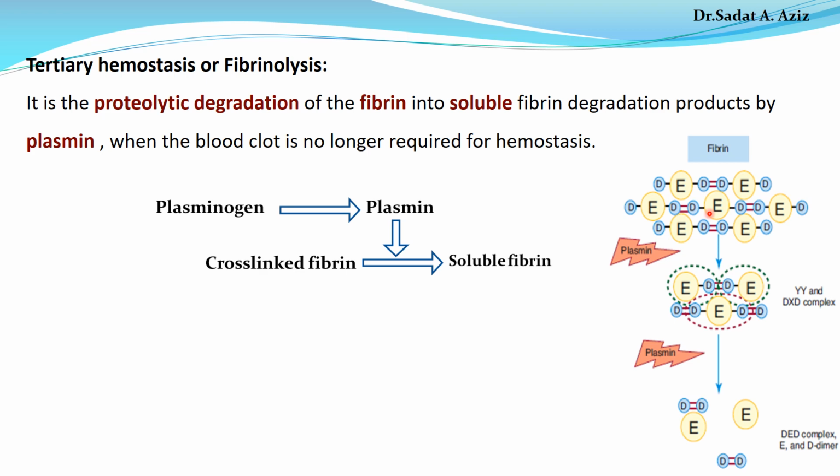Into soluble fibrin again. So at first, this soluble fibrin, with the aid of factor 8, has been converted to what? To cross-linked fibrin. But in this process, we have the reversed process. So with the aid of plasmin, the cross-linked fibrin can be converted into what? Into soluble fibrin, and so the plug or the coagulation can be degraded at the site of the injury.